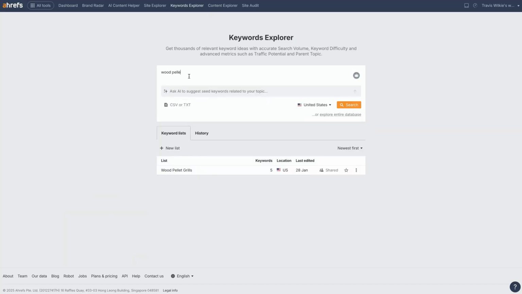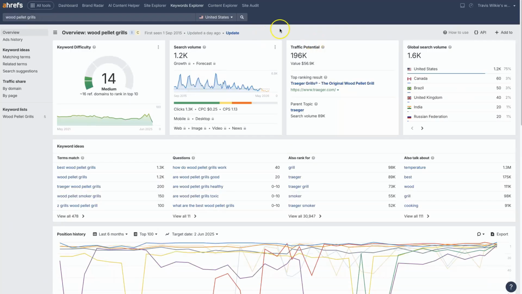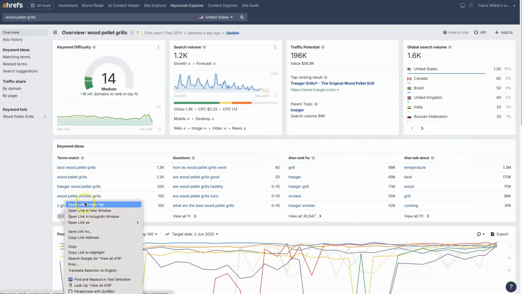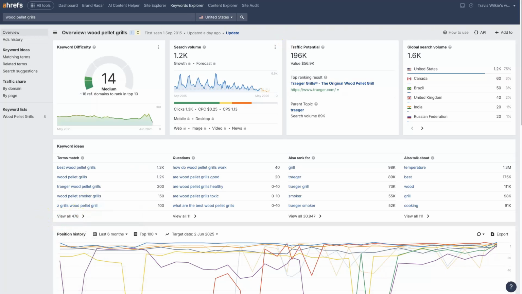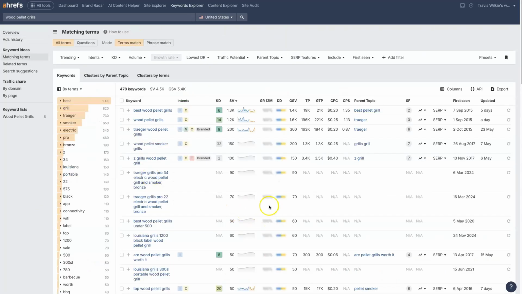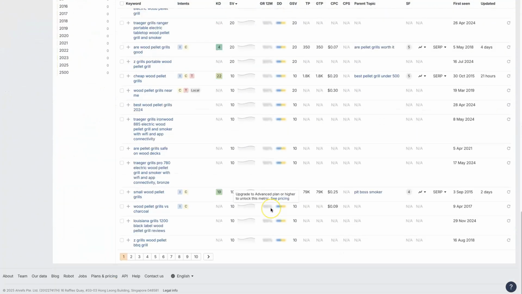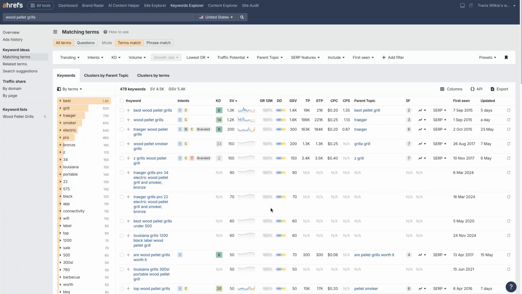So for this instance, we can just use wood pellet grills, which is kind of what I was searching for before. And I hit enter. It's going to give us a bunch of keyword ideas. So terms that match this phrase that we put in, these are basically like related keywords. There's also questions. There's people also rank for, also talk about. Any of these can be opened up just by clicking this view all button down here at the bottom. And that's going to show us a whole list of keywords related to the initial inquiry that we put in